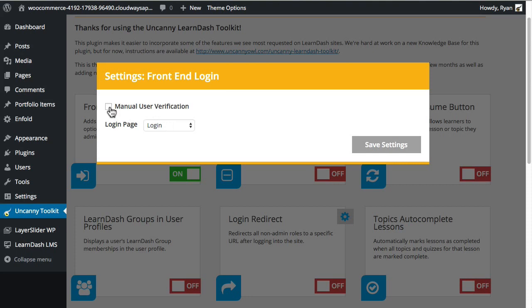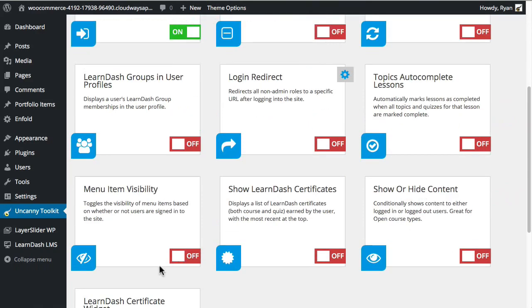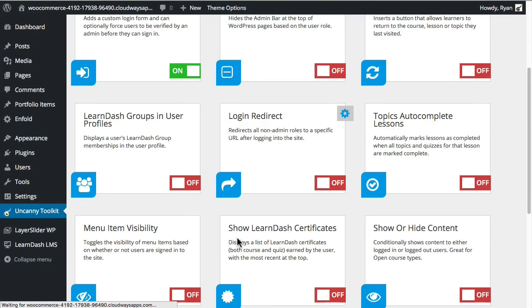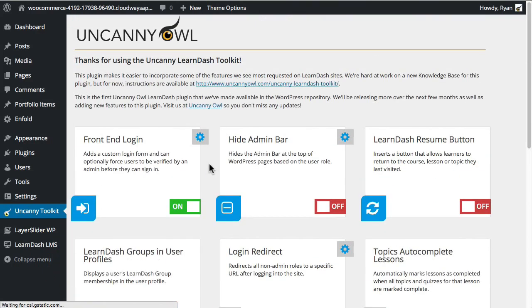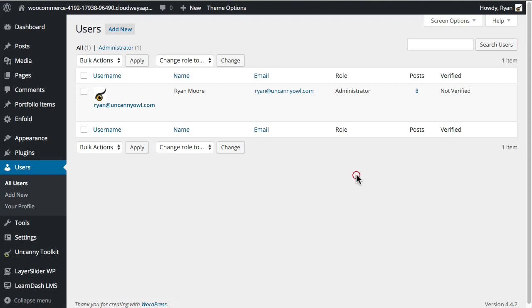Manual user verification. I'm going to go ahead and turn that on. So let's turn that on. We will save settings. All right, so that's saved. Let's go ahead and save that. What that did by turning that on, if I go to the all users list now, you can see now there's a verified column and this user is not verified. So if I go into edit,